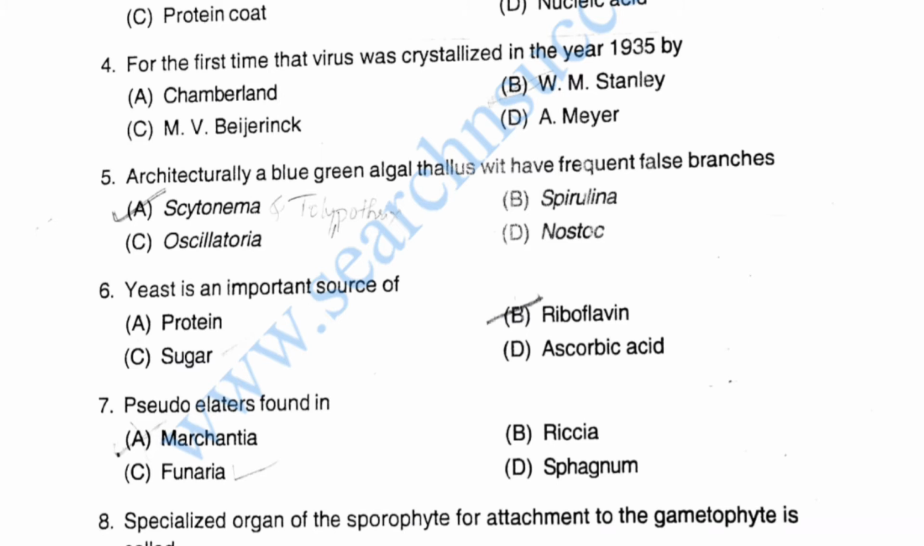Next is question number 5. Architecturally, a blue-green algal thallus which has frequent false branches. Here you will have to find that alga which shows false branching, not true branching. Clear? And here our answer is